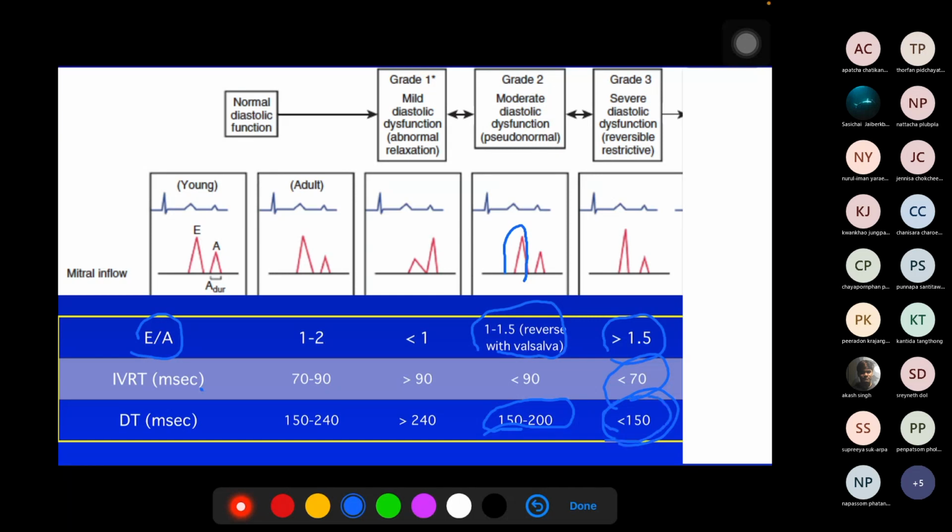Like the DT, because the LV pressure is very high, the blood flow from LA to LV takes a short time to equalize pressure between LA and LV. งงไหม